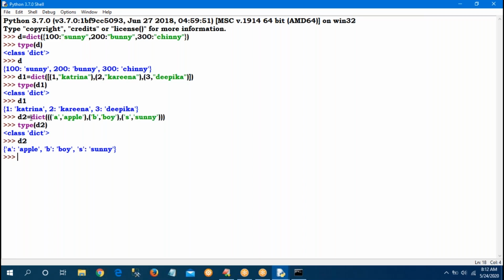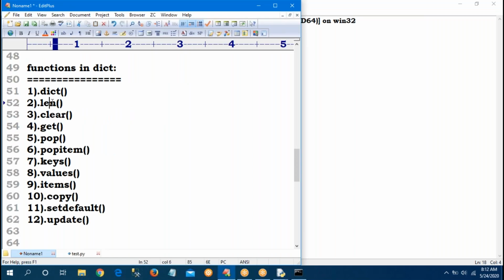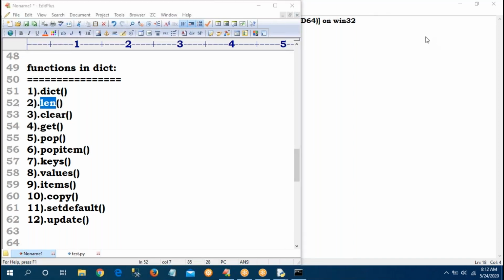So next function. For this function, explanation is not required. Length. That is the dict. Next, length.